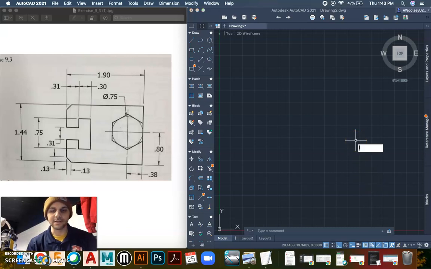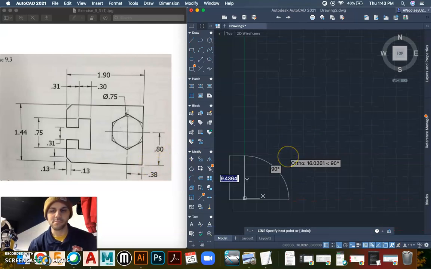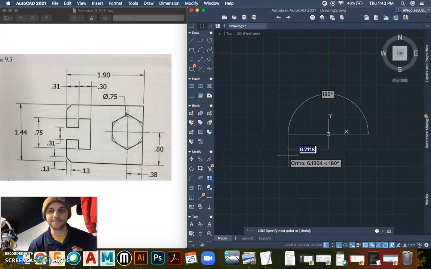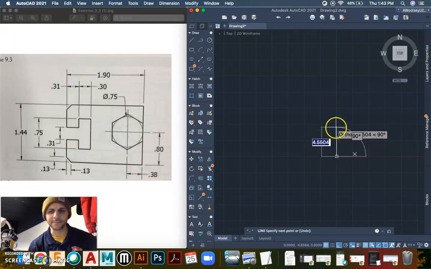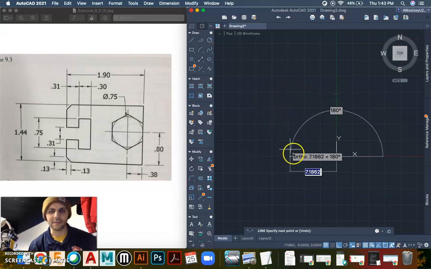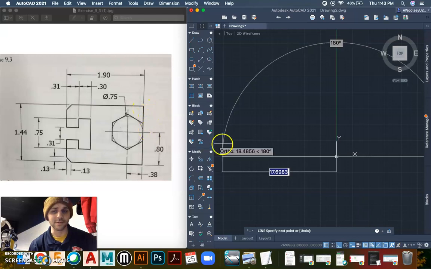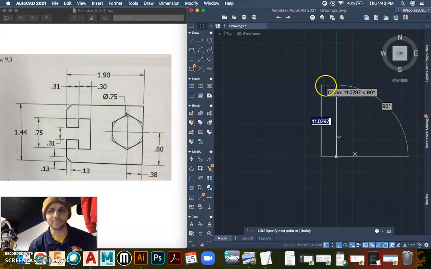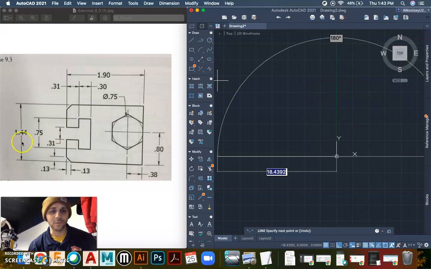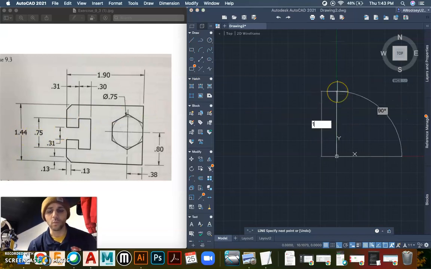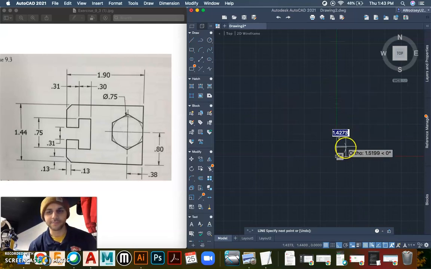So the first thing I'm going to do is type in line to start my drawing. And then this is going to be my 0, 0 here, so I'm going to type in 0, 0. Move it a little bit more towards the middle of the screen, so most of my drawing is going to wind up being on the left side of my y-axis. The first thing we need to do is go up. We could go many ways with this, but I'm going with this way because I think it's the quickest and easiest. It tells me it's 1.44 up to the top. So 1.44. And then I'm going to go to the